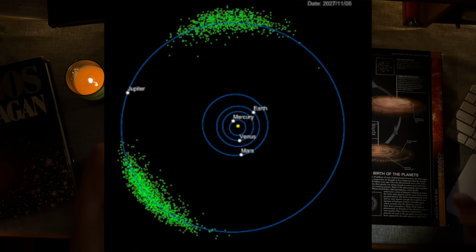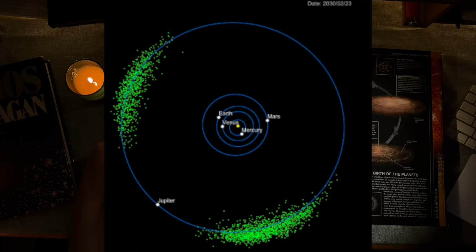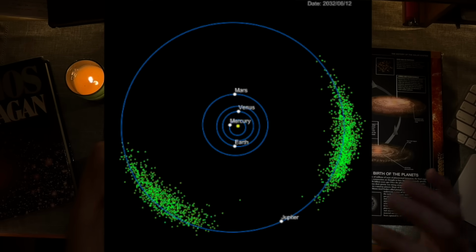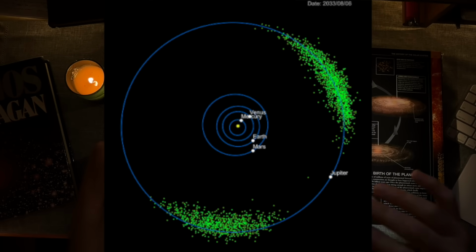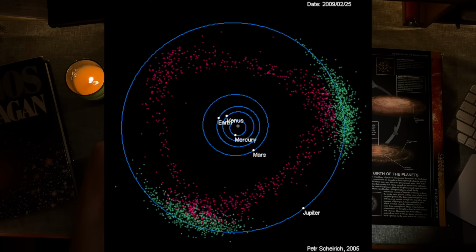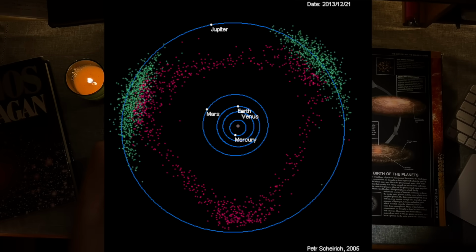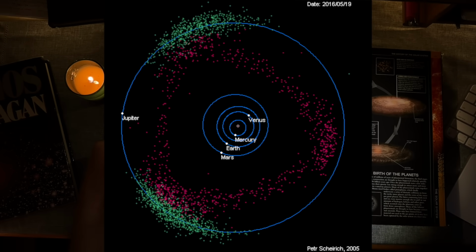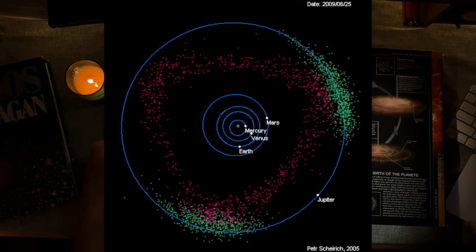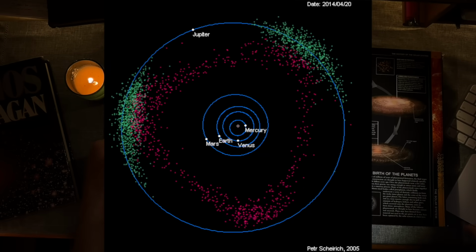The total number of Jupiter asteroids, Trojans, larger than 1 kilometer in diameter is believed to be 1 million, and this is approximately equal to the number of asteroids in the larger asteroid belt that are approximately the same size. So they might not have as many small asteroids, but incredibly they have as many large 1 kilometer and above asteroids in this gravitational